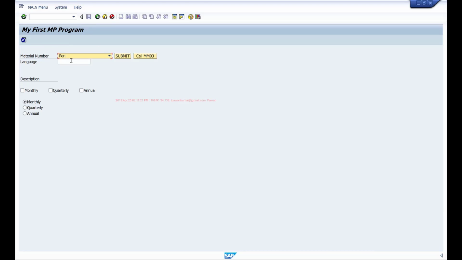Otherwise, the system will always perform the screen validations before calling the PAI. So none of the code that you have written for these buttons will be executed because the screen is being validated for mandatory fields. However, if you want to bypass that screen validation and execute some code for a button, then this button should be of type E.